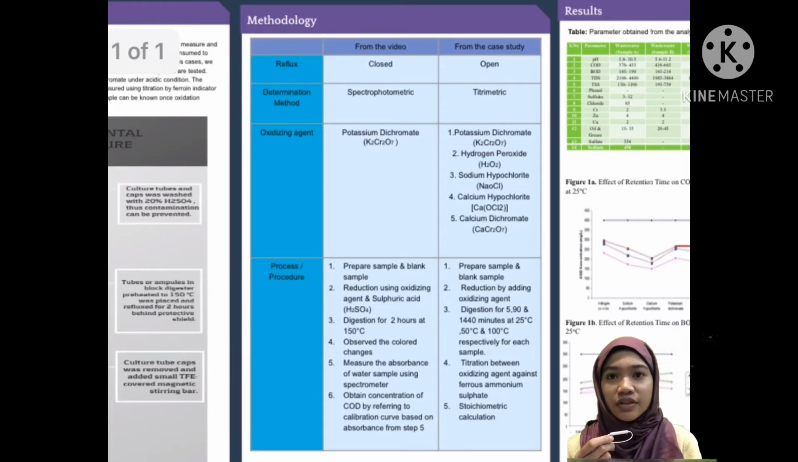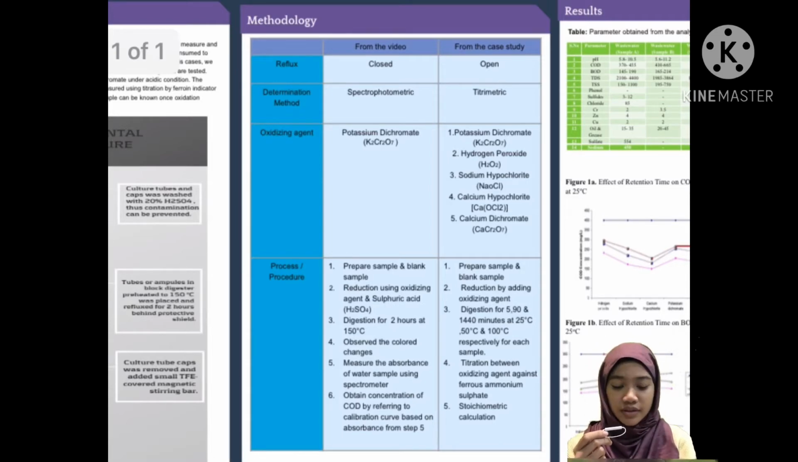There are 5 oxidizing agents used in the case study, which are potassium dichromate, hydrogen peroxide, sodium hypochlorite, calcium hypochlorite, and also calcium dichromate. Meanwhile, for the video, we are using only one oxidizing agent, which is potassium dichromate. The differences